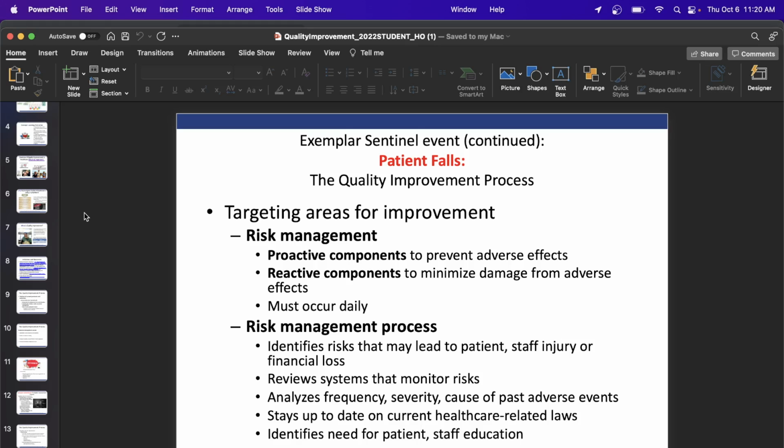The benchmarking, again, is looking at how we perform compared to other agencies in and around us. We're always comparing ourselves to the leaders, as I said a moment ago. Standards of care, remember, standards of care is always what for us? Any reasonable RN would do in that situation. So the failure